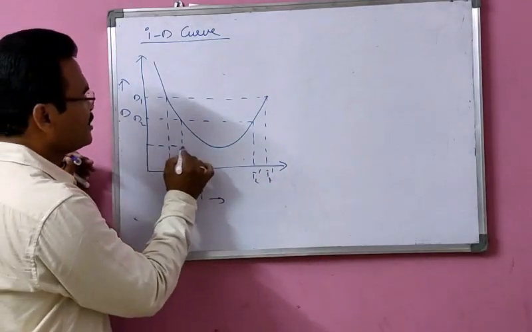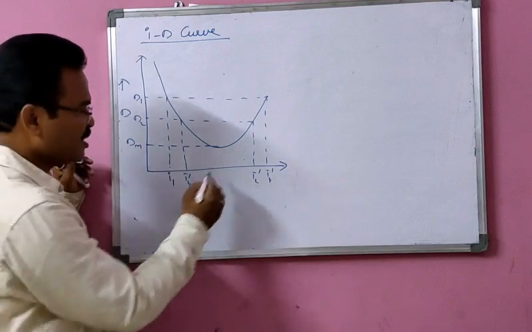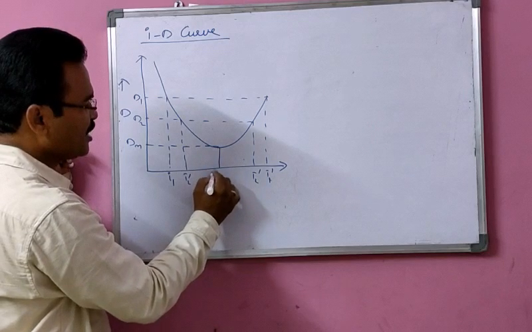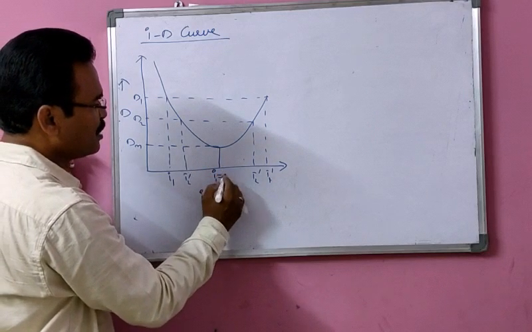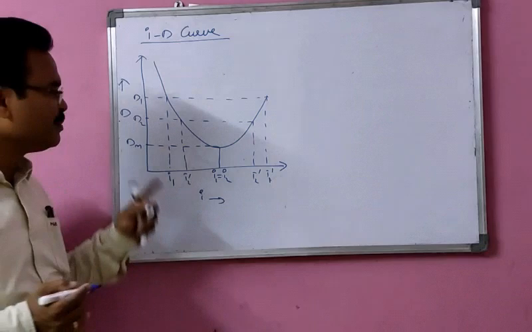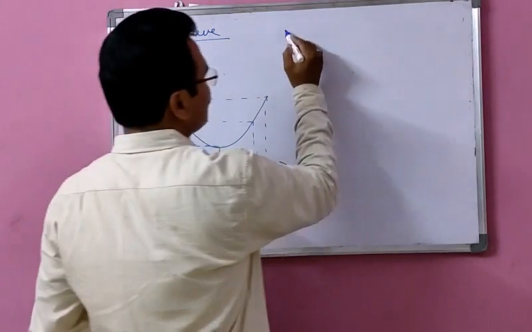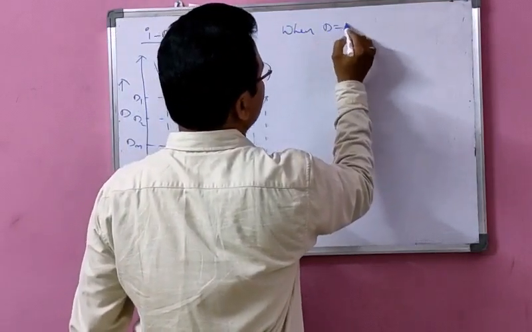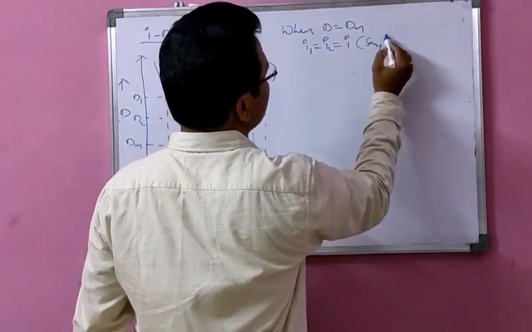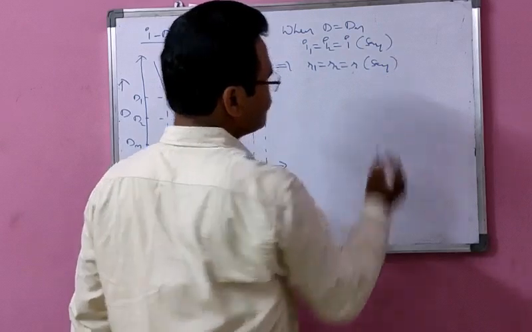Now, if you come to the bottom, that is the minimum value. This is called DM, the angle of minimum deviation. At this condition, as you are coming down, these two are approaching each other. So at this condition, I1 is becoming equal to I2. That means when D becomes DM, I1 equals I2. This graph gives you this information. Therefore, when D equals DM, I1 equals I2 equals I, and this implies R1 also equals R2 equals R. This is also what we are assuming.